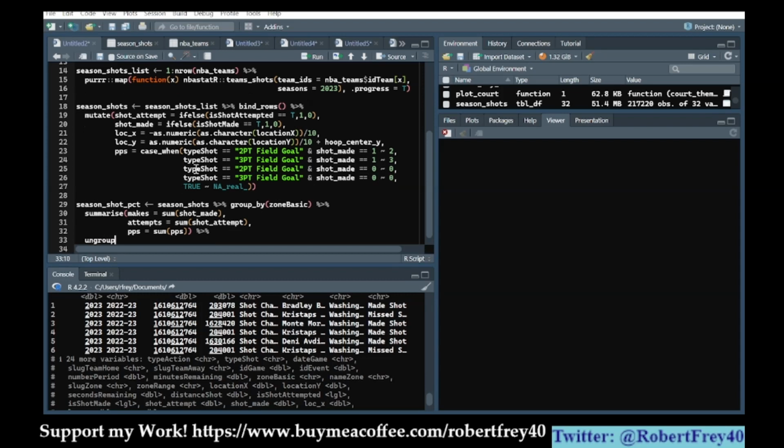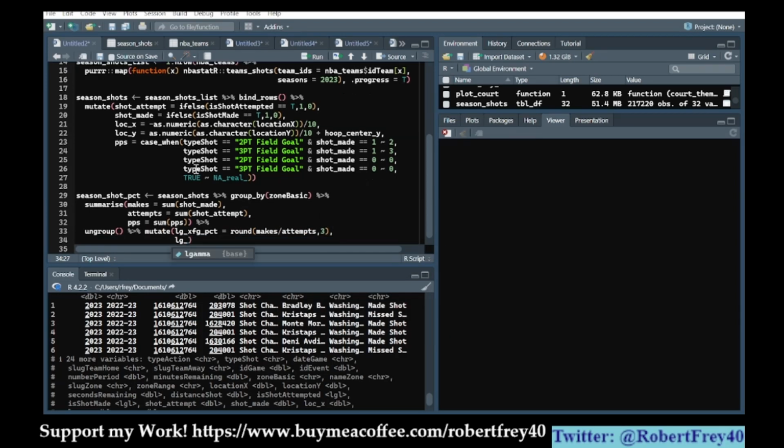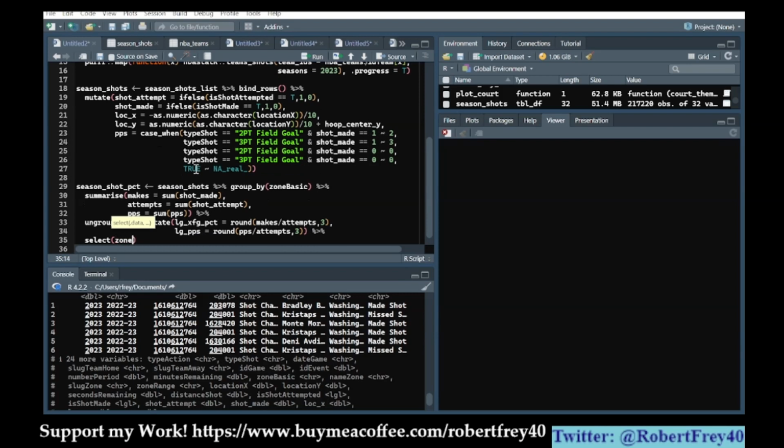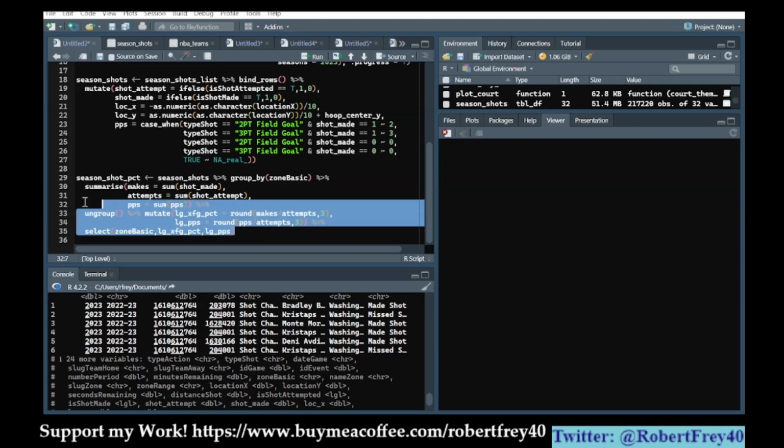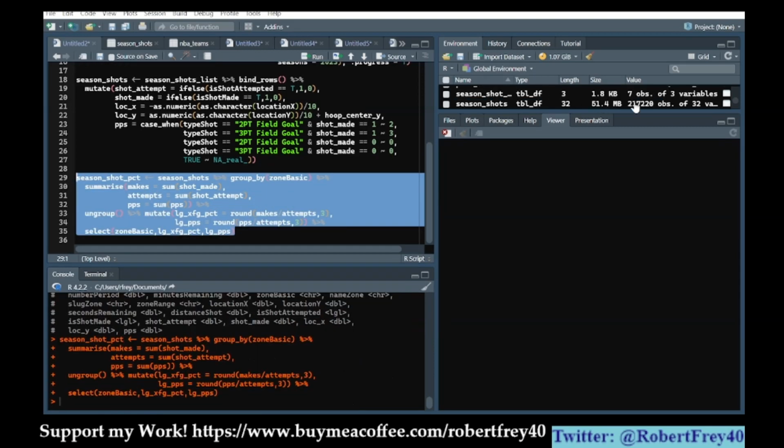And then we'll add a little bit more, so ungroup now, and then add a mutate, so league expected field goal percentage equals round makes divided by attempts, 3, and league points per shot. So the league average points per shot in each zone and attempts. Then we'll select those few columns, so zone basic, league expected field goal percentage, and league points per shot. So that way it allows us to see, hey, here's our points per shot